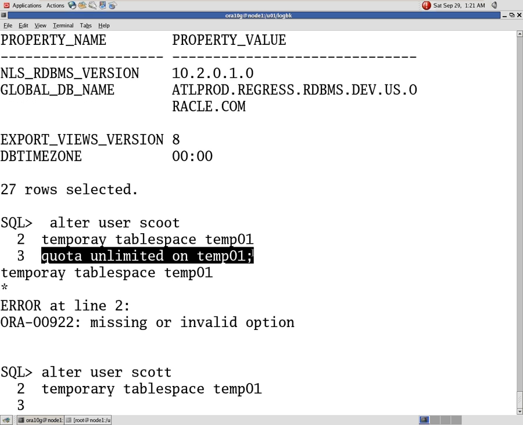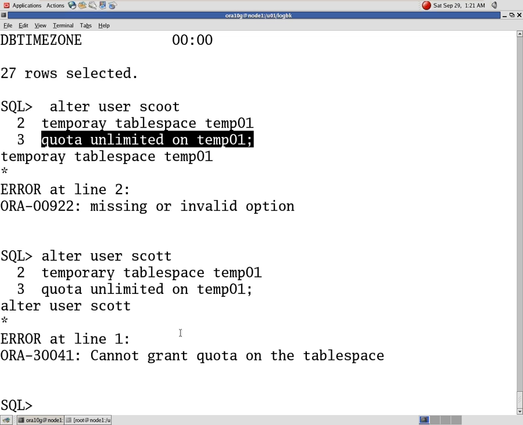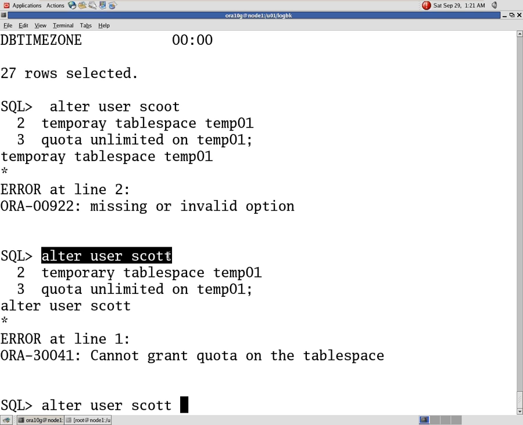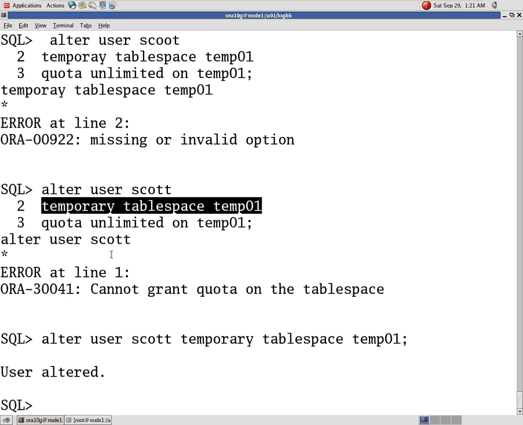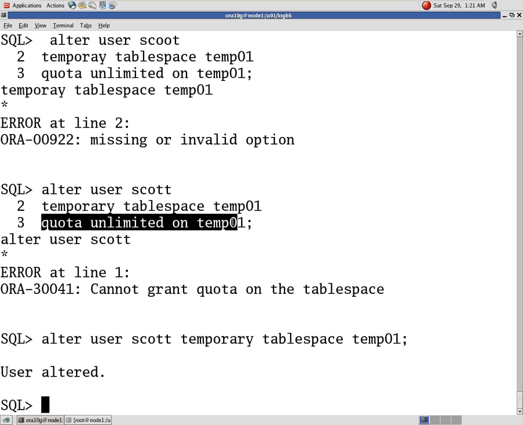Cannot grant quota on the temporary table space. Yes, alter table space, we'll see. Alter user username default temporary table space, and the quota: you use unlimited quota on that default temporary table space.